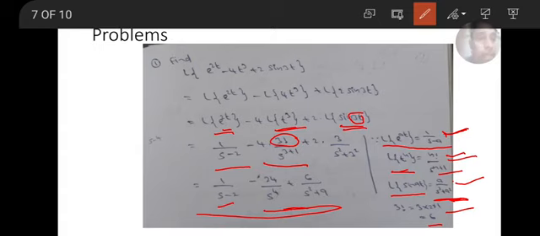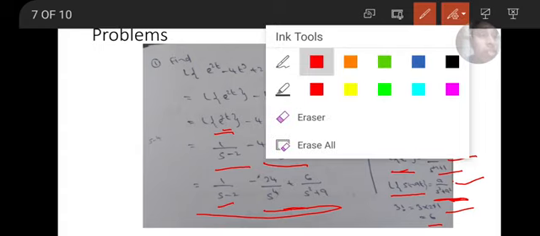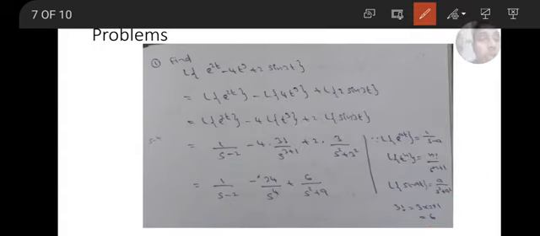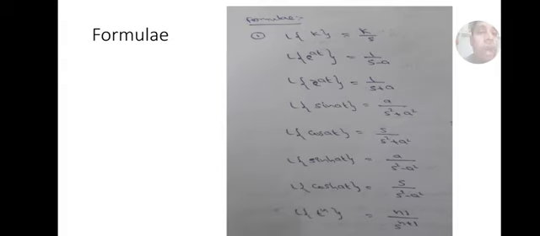The Laplace transform of the given function is 1 by s minus 2 minus 24 by s to the power of 4 plus 6 by s square plus 9. So first, by linearity property we have to separate, and next the coefficients are outside. Next, apply the formulas. Formulas are main and properties are main. So we have to remember the formulas, these 8 formulas.